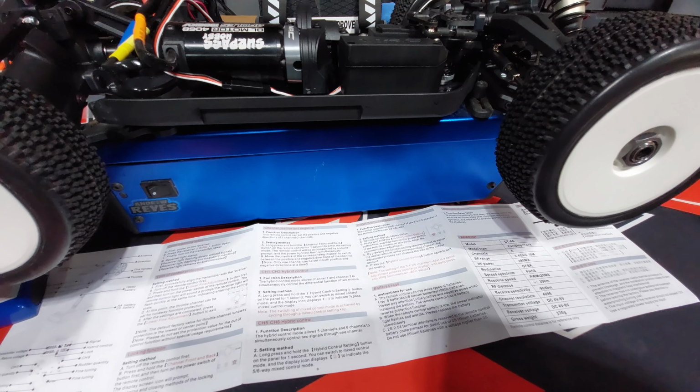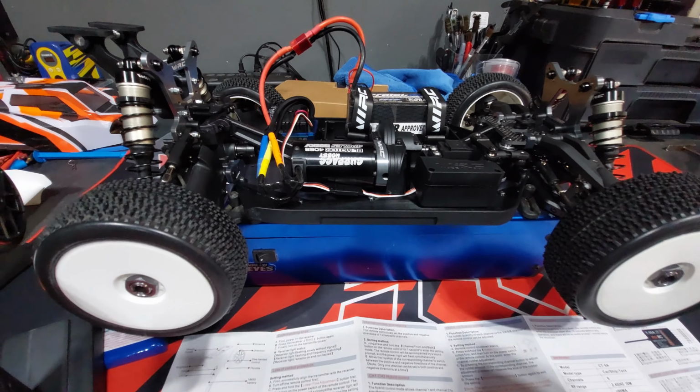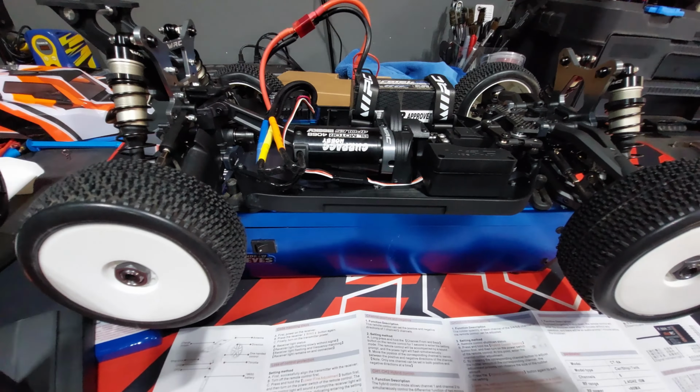Because the receiver does have 6 channels, and for an e-buggy, you're just using 2, right? The throttle or the power to the receiver and the steering for the servo. So this just tells me that this receiver is capable of a lot more that you're not really going to use on the e-buggy. So just kind of a word to the wise on that. But right now it's live. You can hear the fan running, and I'm just going to give it a